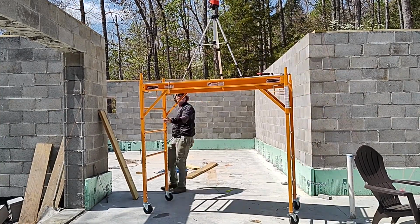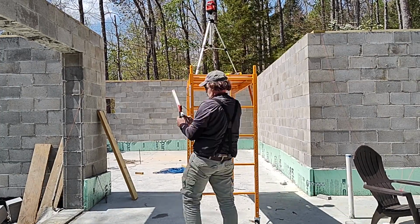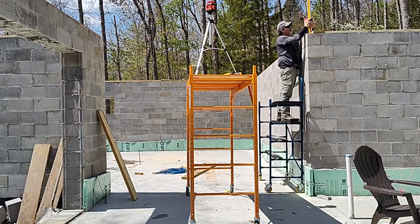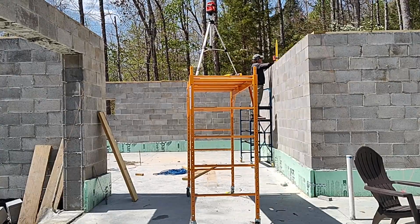I have a transom here, outdoor laser level. This is a Johnson. It's about $500. I also used it to help when we were doing the initial grading, so it's a good tool to have around, especially if you have a large piece of property that has a lot of hills on it, because it just